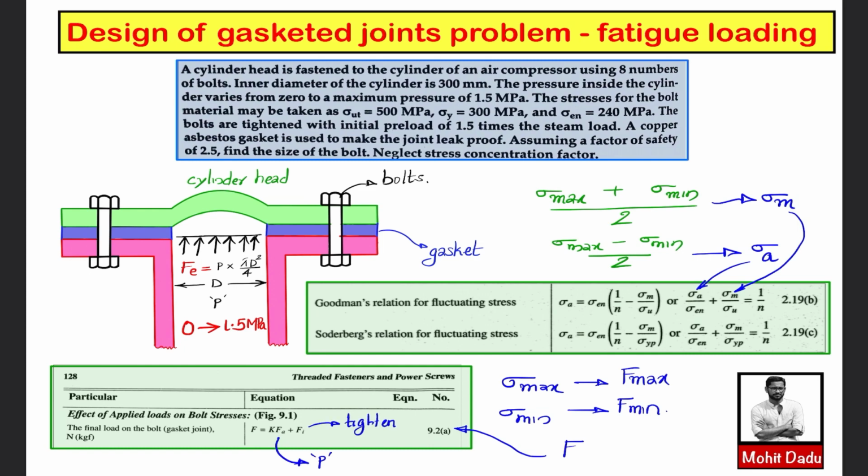So you have to calculate this Fa corresponding to the two pressures, that is the two ranges, minimum and maximum. Then you will get the Fa ranges, and you can add Fi to them. Then you can obtain F max and F minimum. For F max and F minimum, you can evaluate sigma max and sigma minimum, and finally you can obtain sigma m and sigma a. So according to this procedure, we will be solving this problem now.